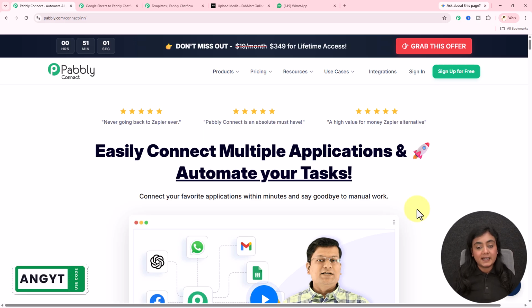So now to create the connection between Google Sheets and WhatsApp, I am using the software Pabbly Connect. If you want to access Pabbly Connect, search for